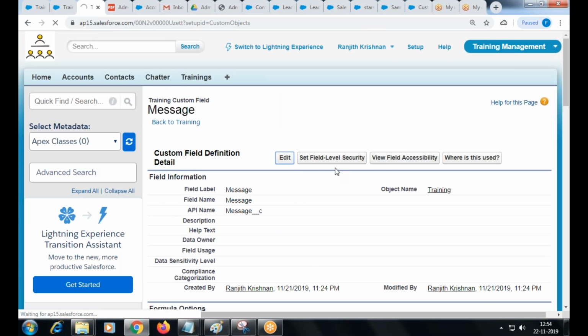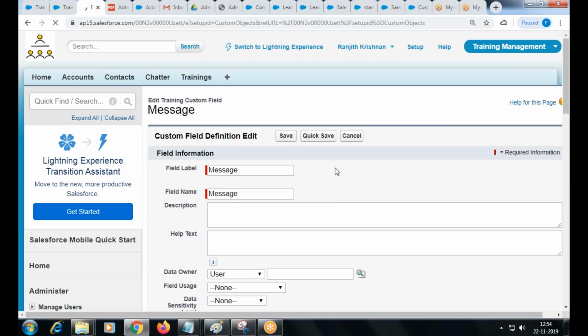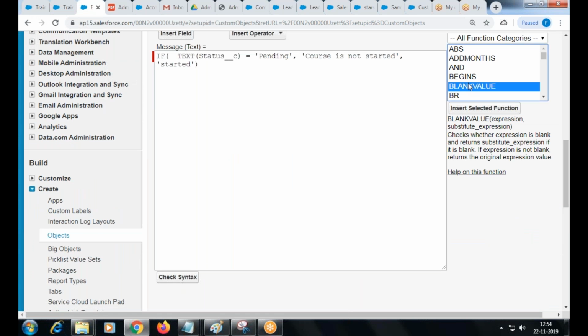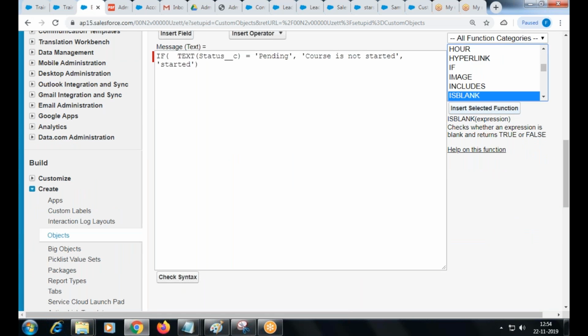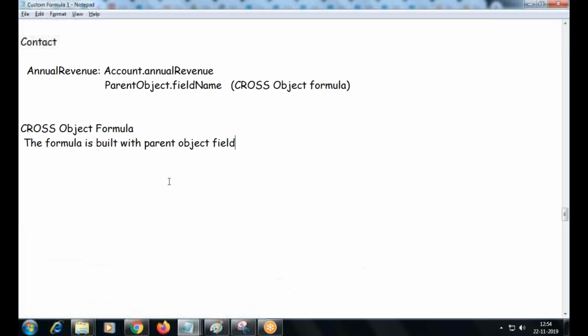What is the other option? We have a function called isPickVal. We have a function called isPickVal. So what is the use of that function? To check if pick list option is equal to some value.